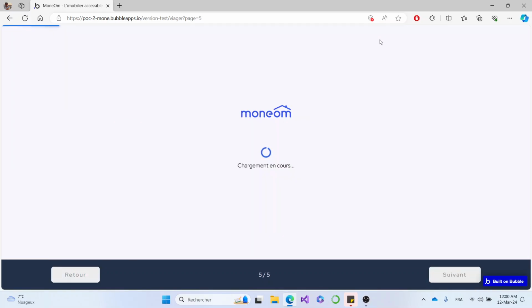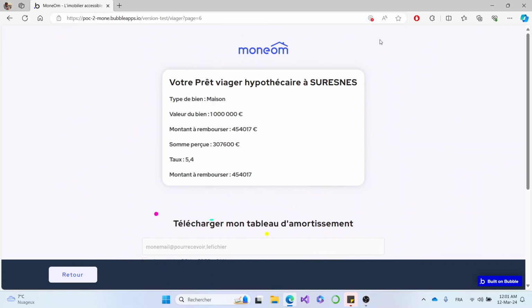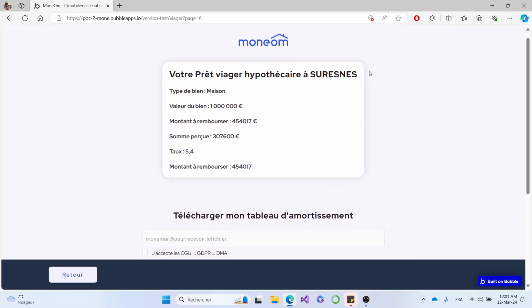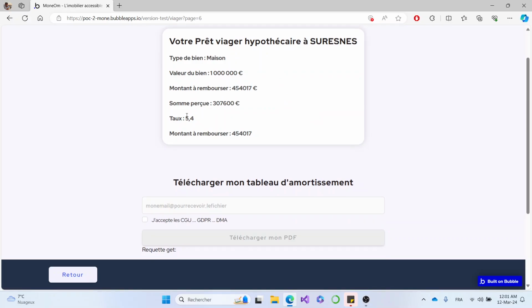So, the pré-viager hypothécaire, which could be translated as mortgage loan, consists of, I mean, this is kind of a mortgage loan for elderly people that are more than 65. This works on the concept of mortgage, which means that the person will put a guarantee on a share of his house in exchange of money, and these are often at high rates like